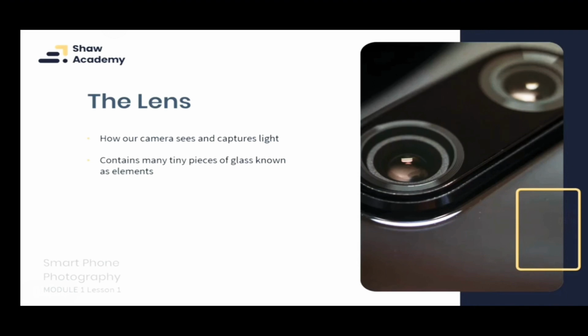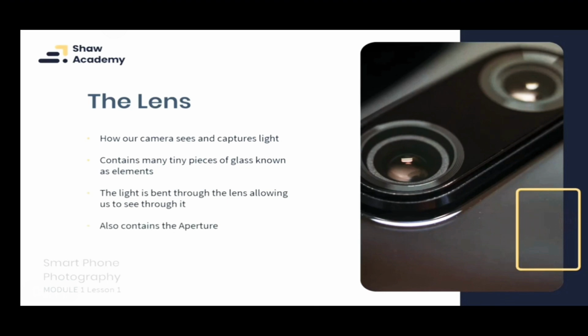These little elements will take the light rays coming into the phone, and it'll bring them to a point where our image becomes into focus, and it'll also then move that light onto our image sensor. The light is bent through these little elements, allowing us to see through it.